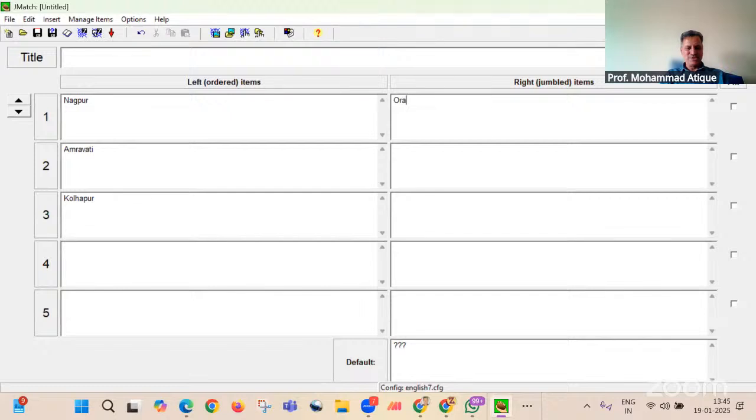Nagpur is famous for, let's say, oranges. Okay, Amravati is for cotton, Kolhapur for, let's say, leather industry, and so on. Give some title. Exercise. All right.